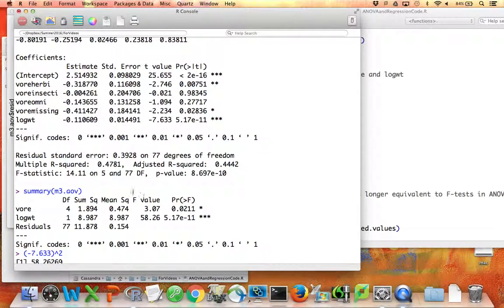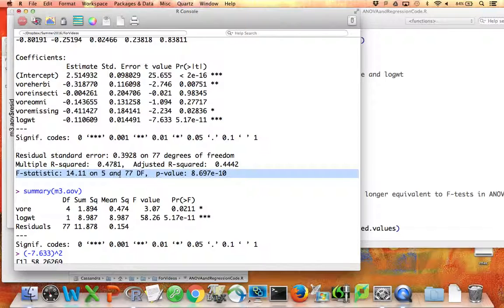You can also see that the f-test shown at the bottom of the regression output is no longer an f-test that's also shown in the ANOVA table. When we had only one predictor, this f-test at the bottom of the regression was identical to the one f-test shown in the ANOVA table. But now our ANOVA table has two different f-tests. It has two p-values in it, and neither one of them is identical to this f-test. So again, this is an example of the two different default sets of output just asking different questions